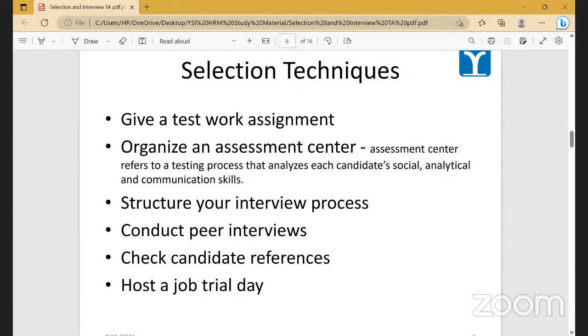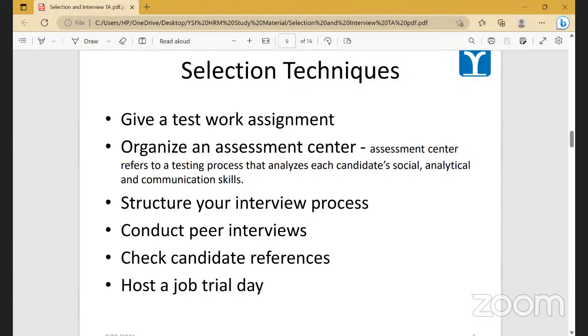How well they can make graphics or art, how good their visualization is. So to check every skill we do that, and then on the basis of the job role, if they have done well, we hire them full time or we do not hire them full time. So this is your test work assignment.